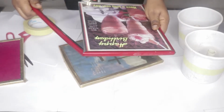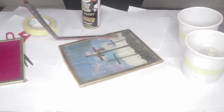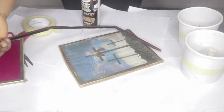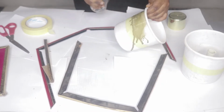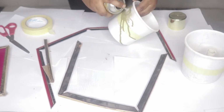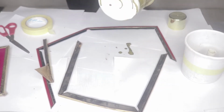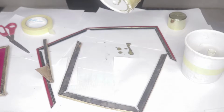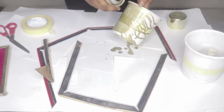I have these old picture frames at home. They're not really useful at home, so I just thought, why not just spray paint the frames and just put something else inside. So I already started off with spray painting. I would advise you do this outside, but because I wanted to film the process, that's why I did it inside. I later went outside though, because the smell is very bad for your health, and I would advise you